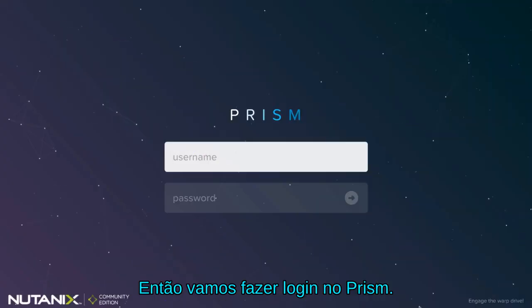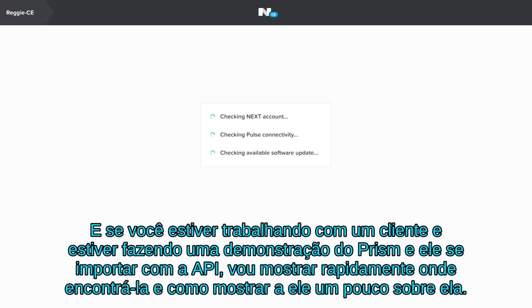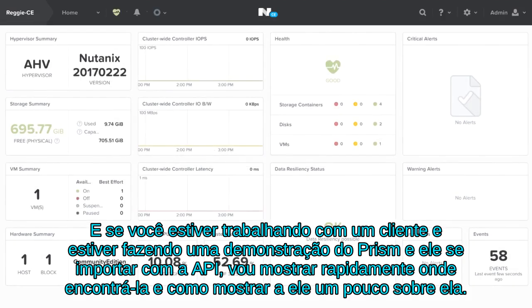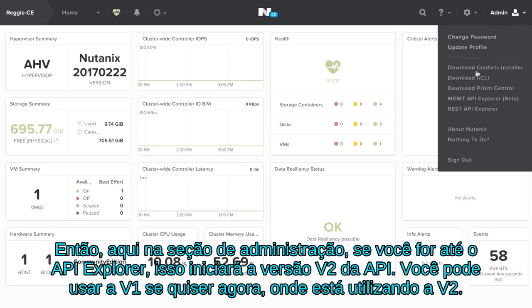So let's log into Prism. And if you're working with a customer and you're doing a demo of Prism and they care about the API, I'm just going to quickly show you where to find it and how to show them a little bit about it. So over here in the admin section, if you come down to the REST API Explorer,